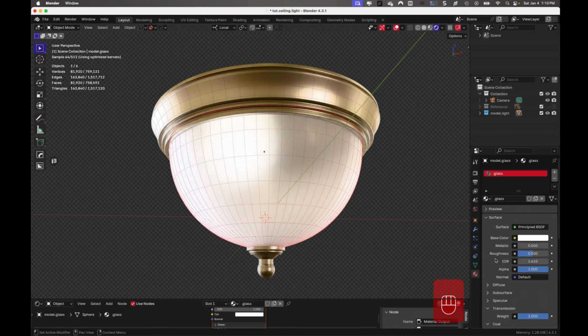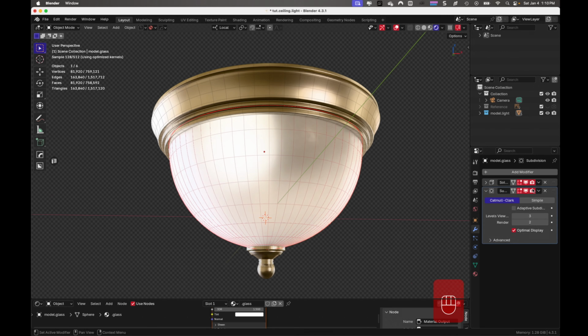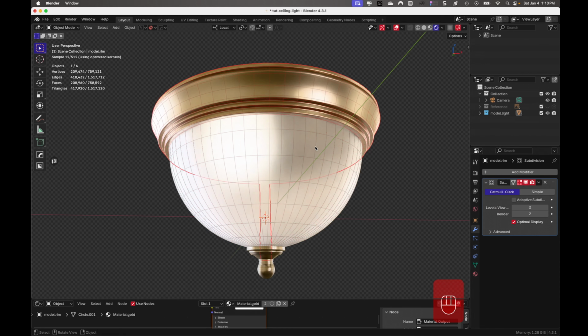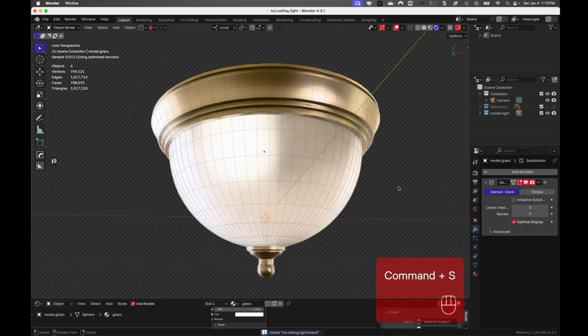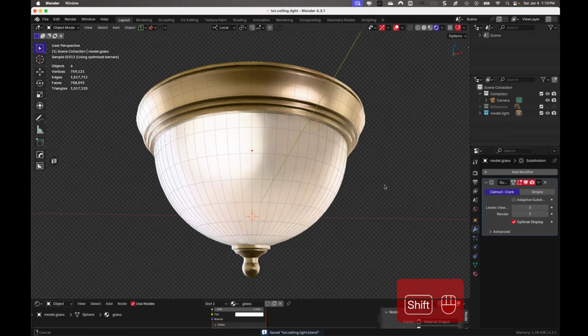All right, and I am going to apply the solidify modifier on the glass because I'm happy with it and we're done and won't be changing it. And let me just go back to these others and check and see if we got any solidify modifiers that need to be applied. Nope. And nope. So we're good there. So now we have modeled it. We have put materials on it. And let's save it. And the last thing left to do is just compose a camera shot